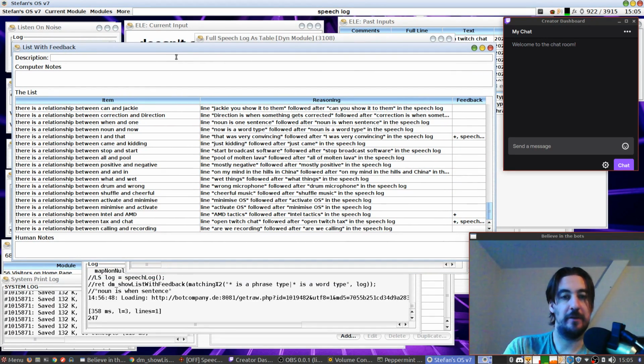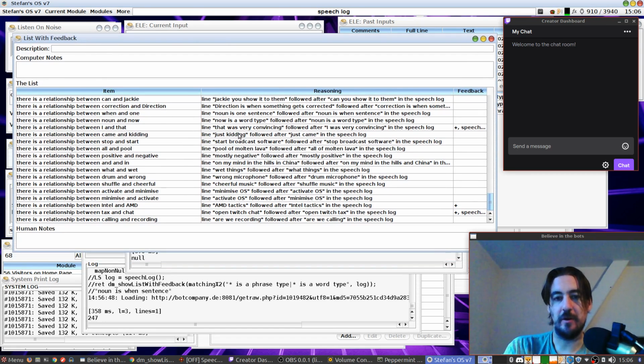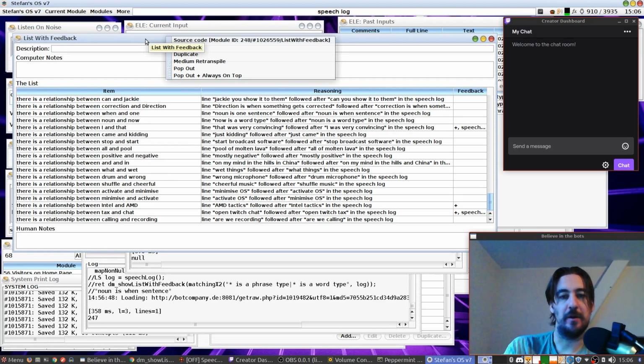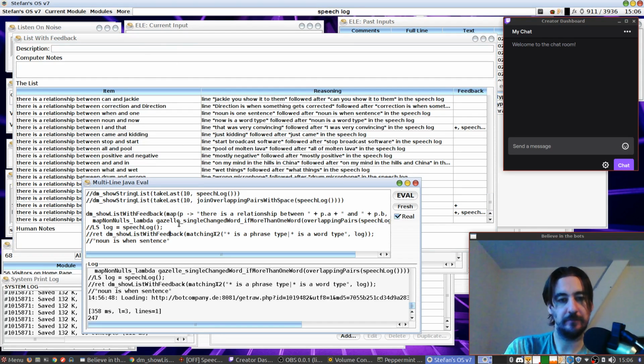The computer could have added some notes. Like we could use a description. What's the description? Doesn't matter. And we can add some general notes here. And my nice operating system here has a feature to turn objects into a string. This whole module contents can be turned into a string automatically. Let's try that. Module ID 248.